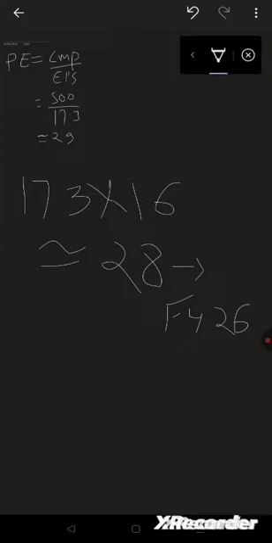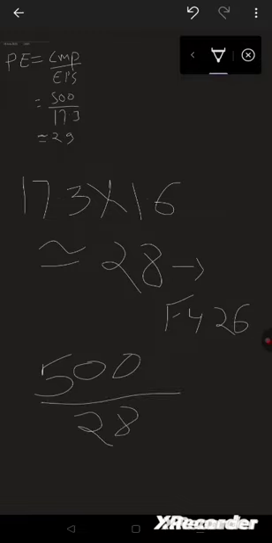Now earnings per share has increased, and the current price is 500. If I take the current price as 500 and the EPS as 28, my PE would come around 18,